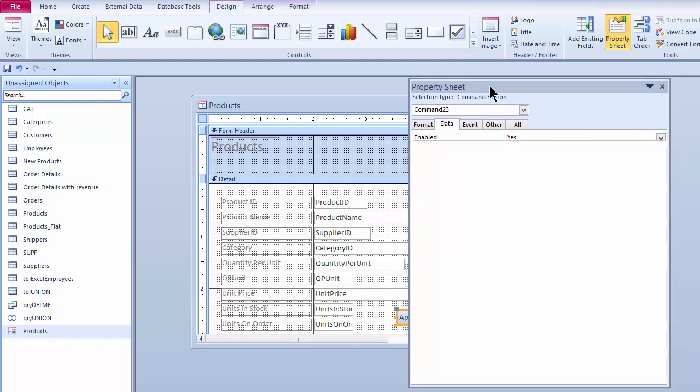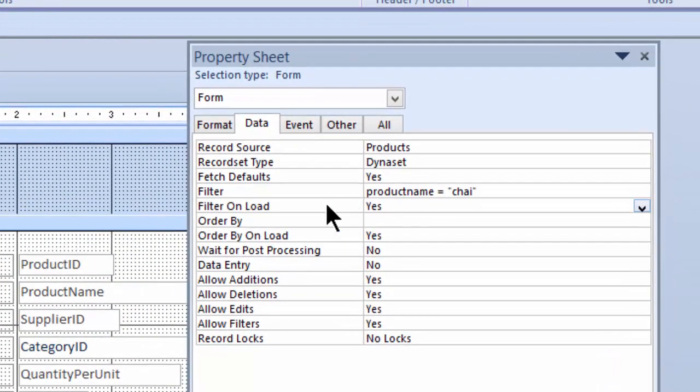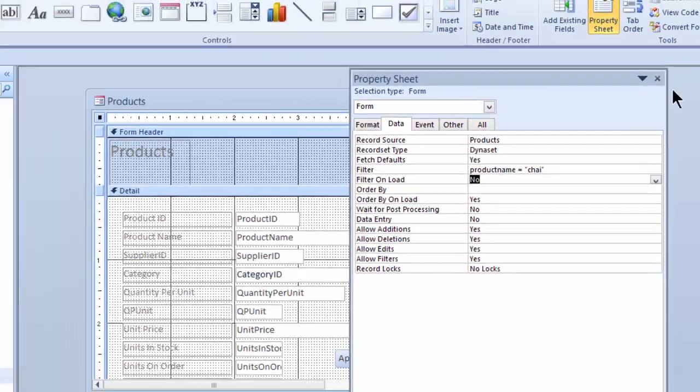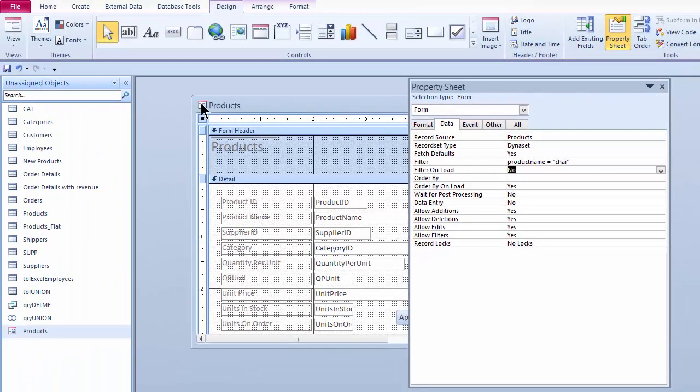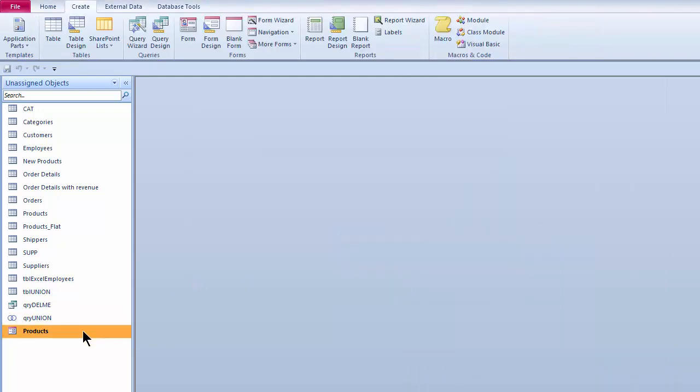So I have my property sheet open. I'm going to click on this button here where the two rulers intersect, and where it says filter on load, I'm going to double click that and say no, and that way it won't filter. I'll go ahead and close this. I'll save changes, and now when I open this up